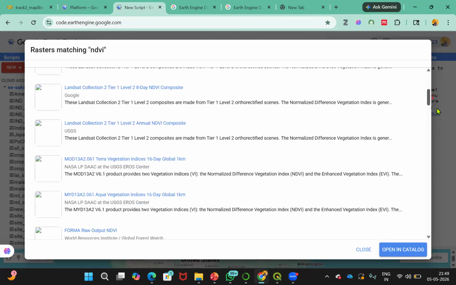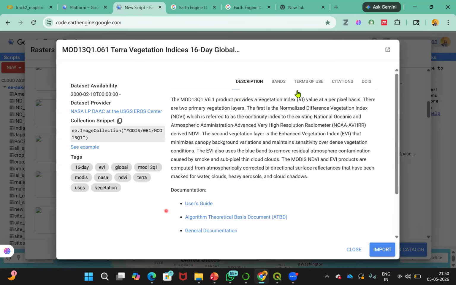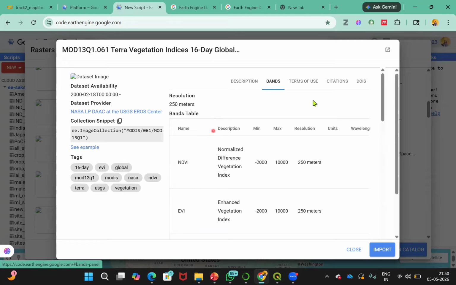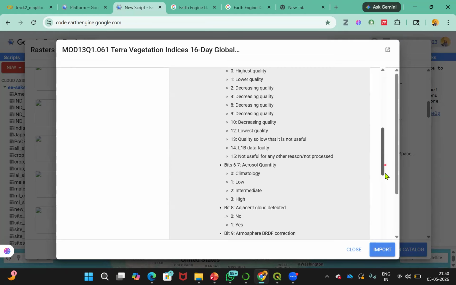And mostly we work with the MODIS Terra NDVI 16 days. Okay, so this is my Terra vegetation 500 meter, 250 meter, more finer. Okay, so here you can check all the information about your product, like description, user guide, algorithm, general documentation, bands, what are the bands available, NDVI, EVI, even if I have